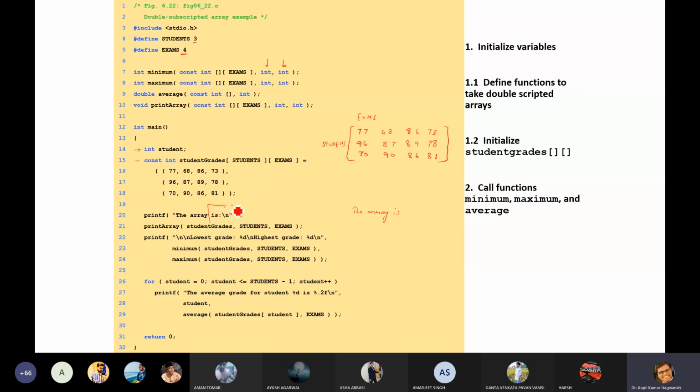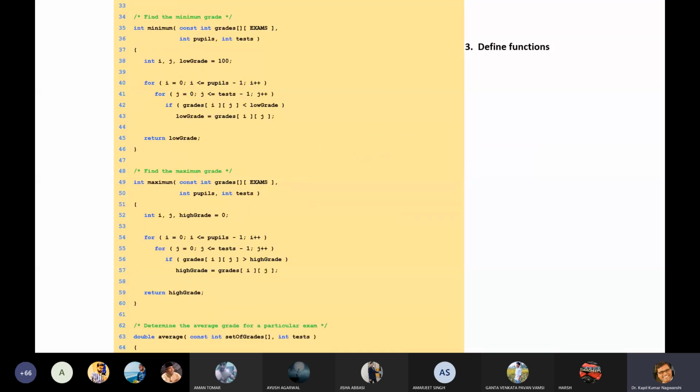The first parameter is the array, the second parameter is the size of the row, and the third parameter is the size of the column. So in a 2 dimension array, we require rows and columns to pass. Now, what will this print array function do? It will just execute 2 for loops.